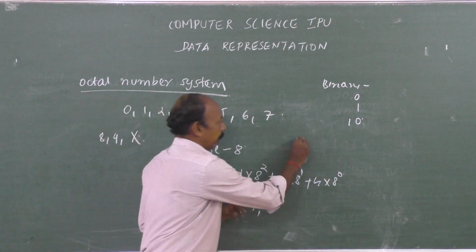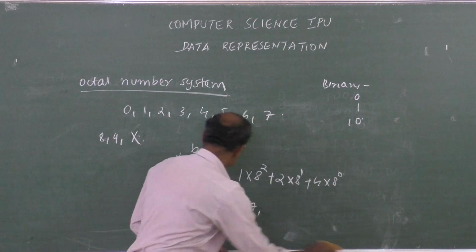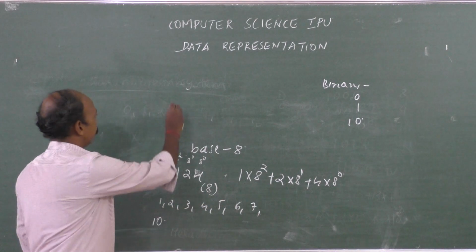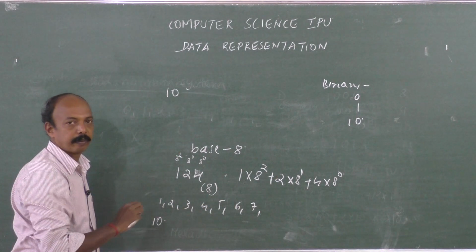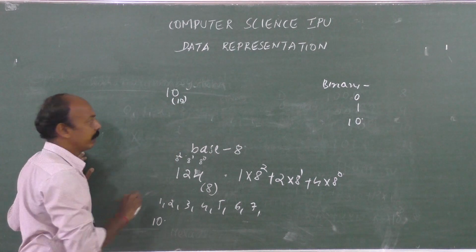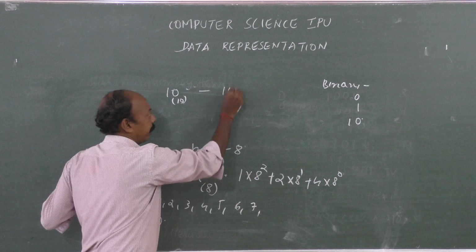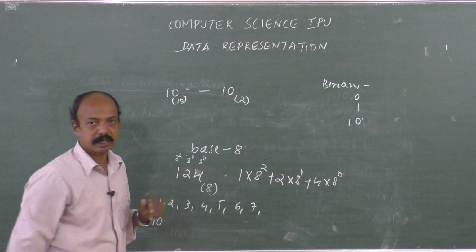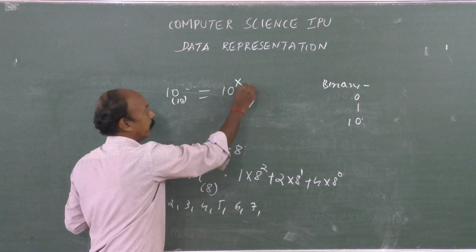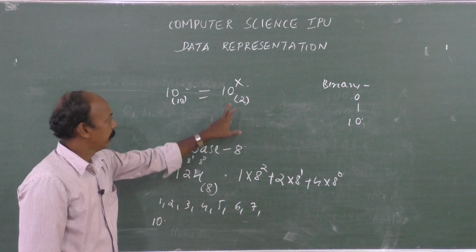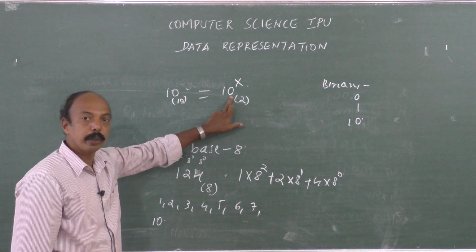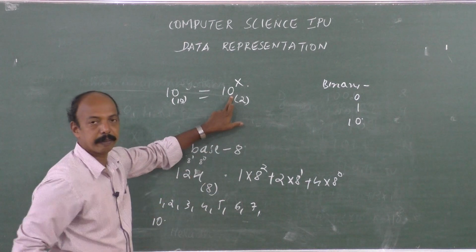Remember, in decimal, suppose we write a number, in general we will write 10. If you write 10 in the decimal number system, then we also have 1 0 in the binary number system. Is this equivalent to this? No, they are not equal, because when we write 1 0 in base 2, it's equal to 2 in the decimal number system. Just now we have seen.